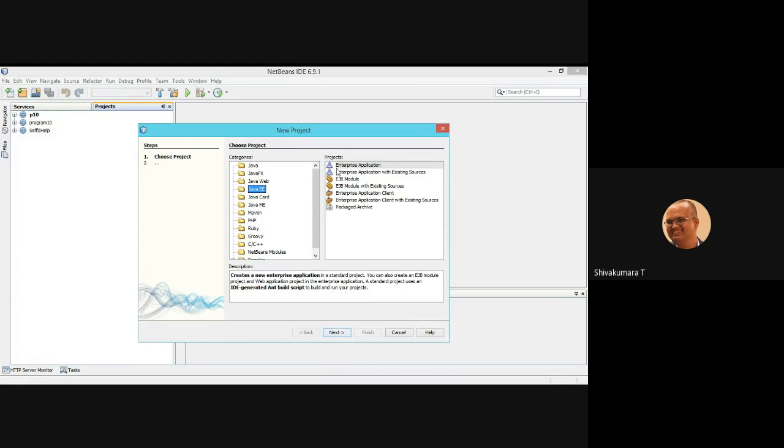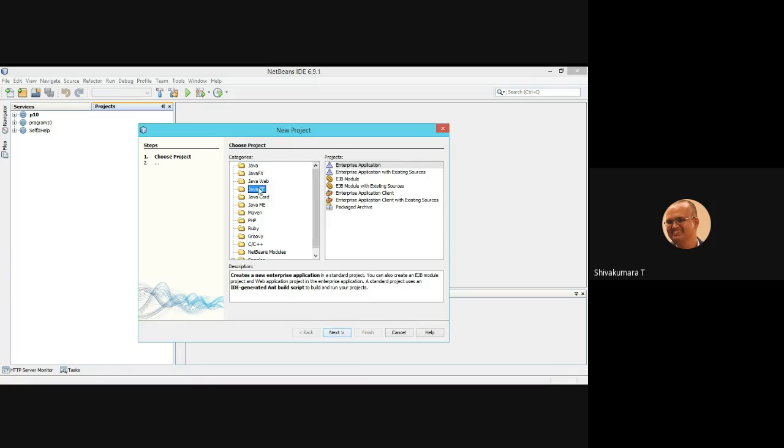So you need to remember the icons used for the projects. The triangle is the main project, the enterprise application. The wheat-shaped, bean-like icon is an Enterprise Java Bean module. And the web-based one is the web application module.